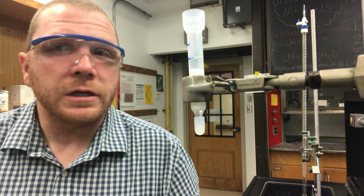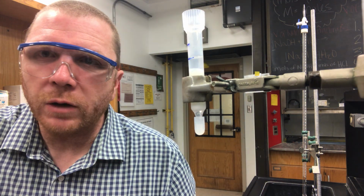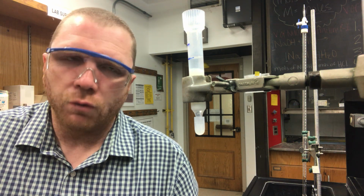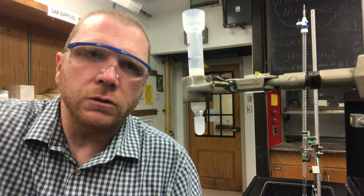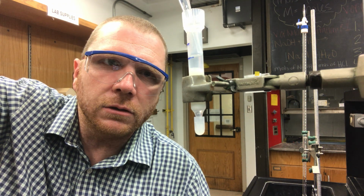What you want to do anytime you're doing any sort of column chromatography is make sure that the column bed, this white resin, remains intact and does not go dry. So what I'm going to do is take my transfer pipette, collect a little bit of a solution, and then I'm very carefully going to add it to